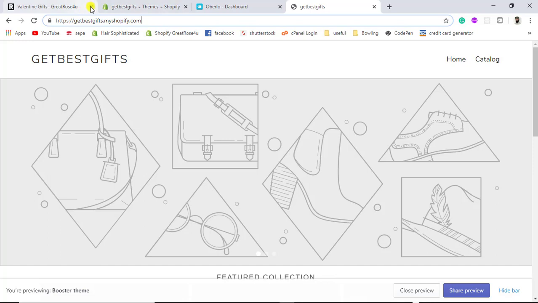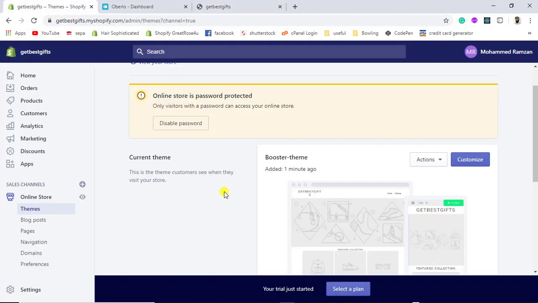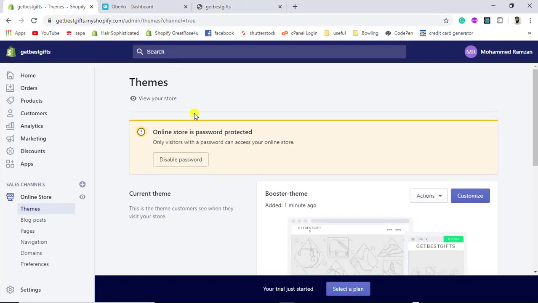All right, so I'm going to close this tab so that you are not confused. Currently we have to add some products. So let's add some products. How will we add them? We have to go to apps,